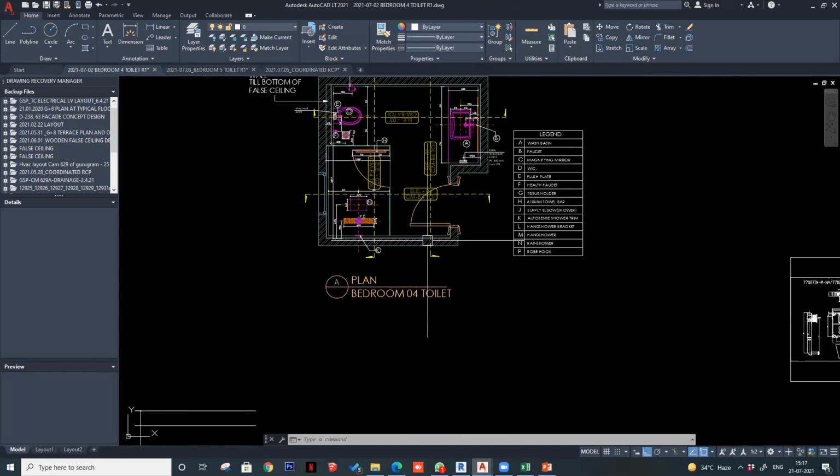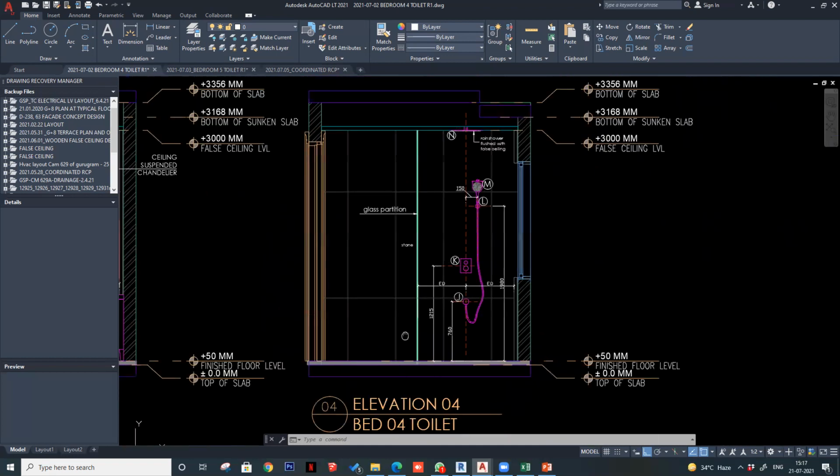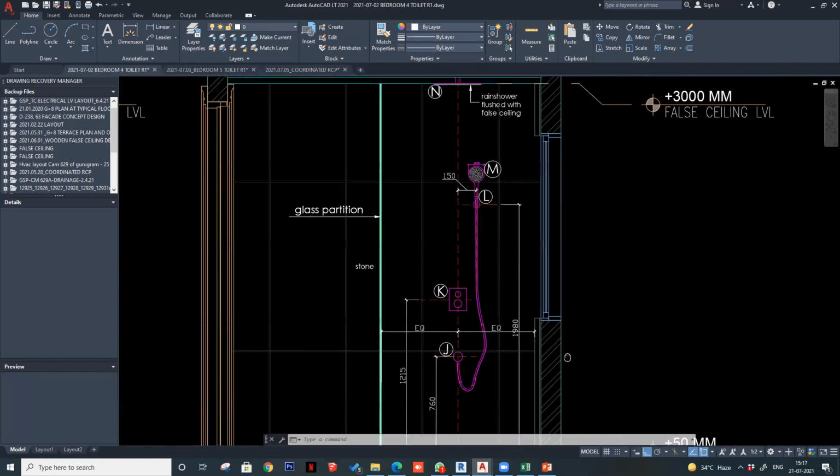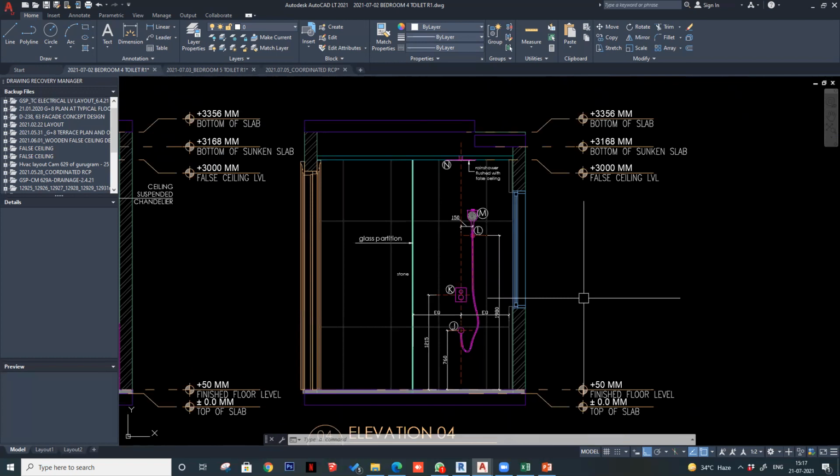In Powers, the floor to floor height is around 4.5 meters. So the rain shower will probably be at 3,500. Is that an issue, from the capacity or the effectiveness of the rain shower?